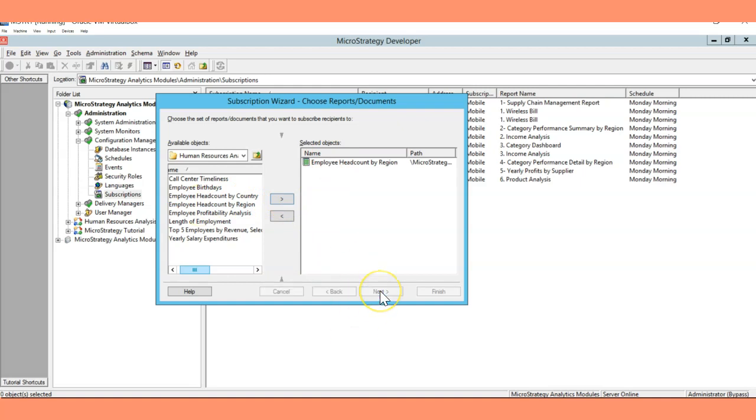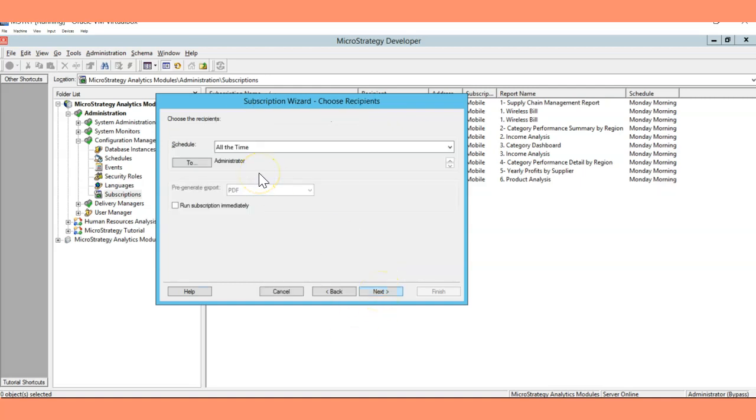Then you need to click Next, and these are the select options here. You can schedule your options. I am going to use the Schedule option, and then click on To, and that's fine. I'm just going to use this Administrator.